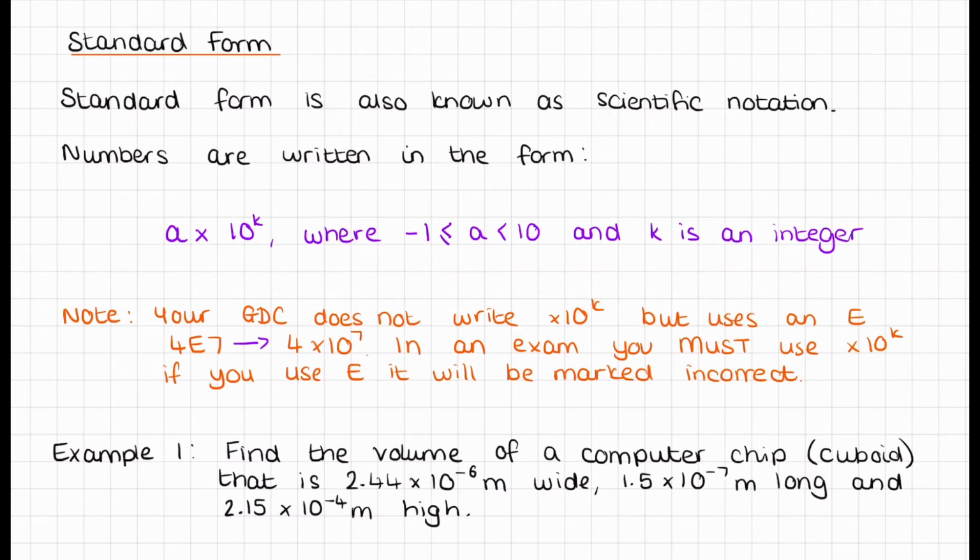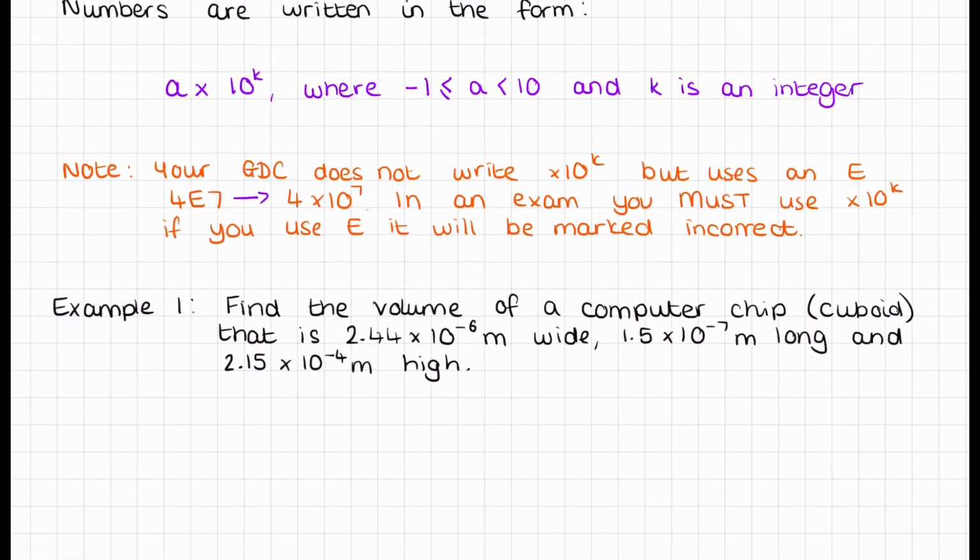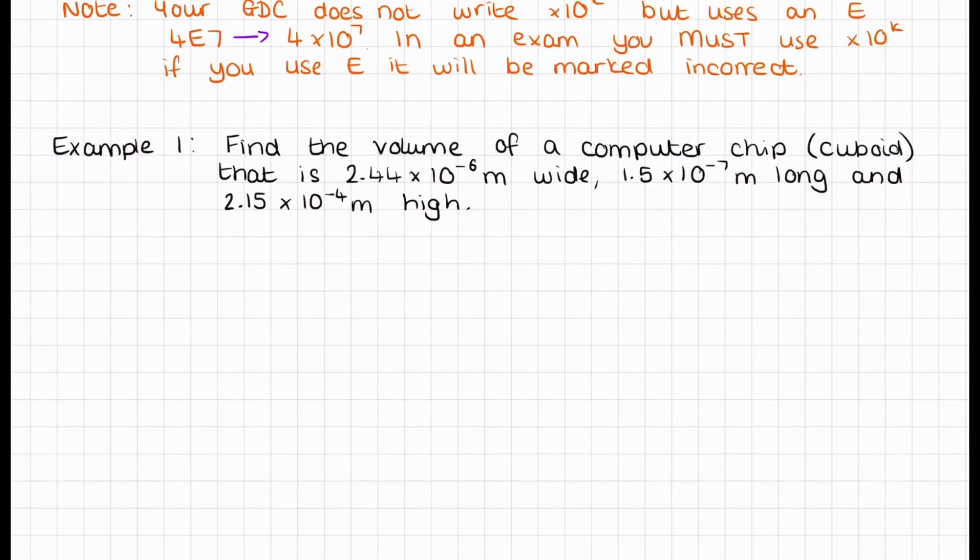Okay, so the first example, we're just actually going to do one example. So find the volume of a computer chip or a cuboid that is 2.44 times 10 to the power of -6 meters wide, 1.5 times 10 to the power of -7 meters long, and 2.15 times 10 to the power of -4 meters high. Now, a cuboid is basically a rectangular prism. You'll see in your formula sheet they actually call it a cuboid, but it's still the same length times width times height. So our volume will equal